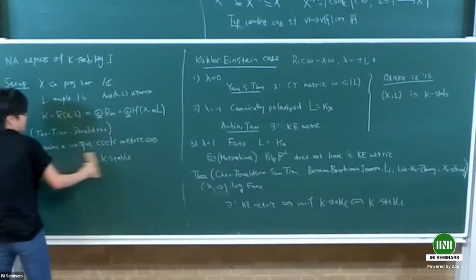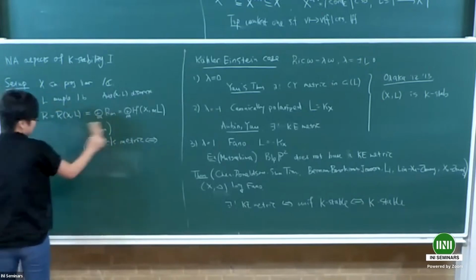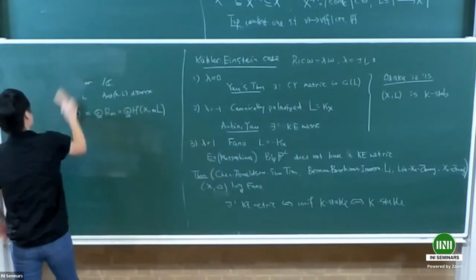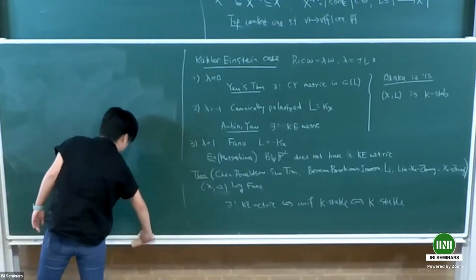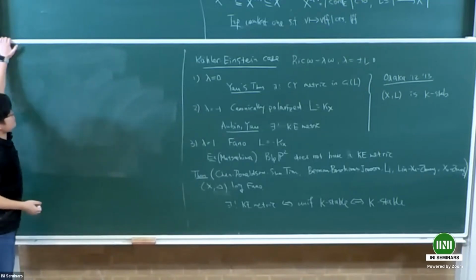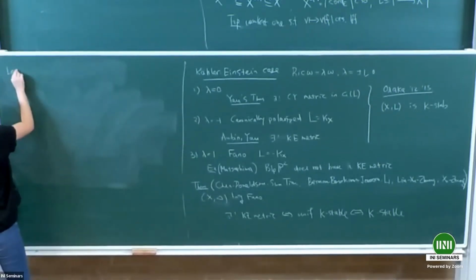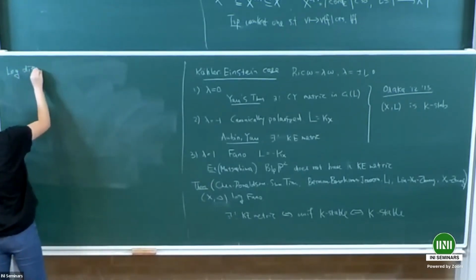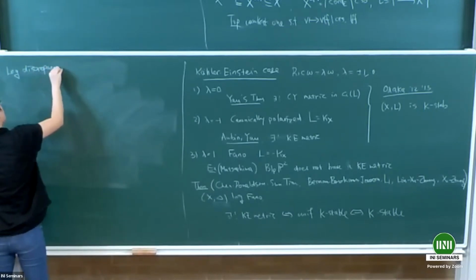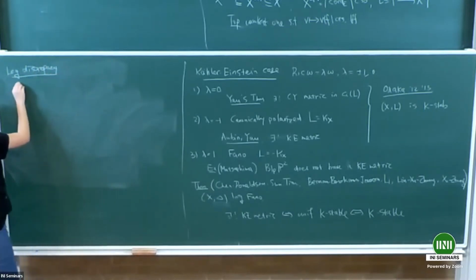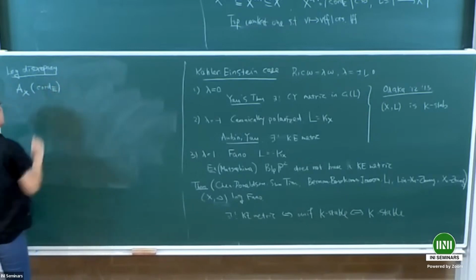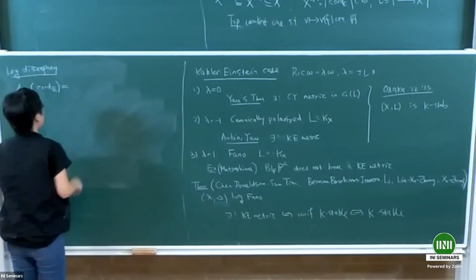And another thing that we're going to use, which sort of plays the role of canonical divisor in a way, is the log discrepancy function. And I'm only going to define it for divisorial valuations because this is the only thing that we're going to need. So log discrepancy, this is the notation for a divisorial valuation of this form, is defined by